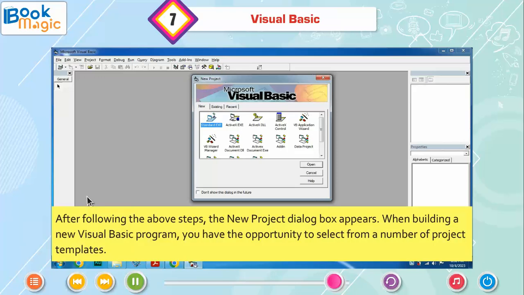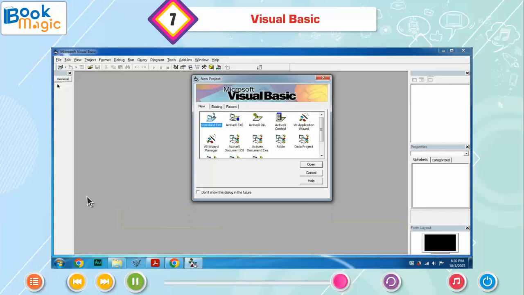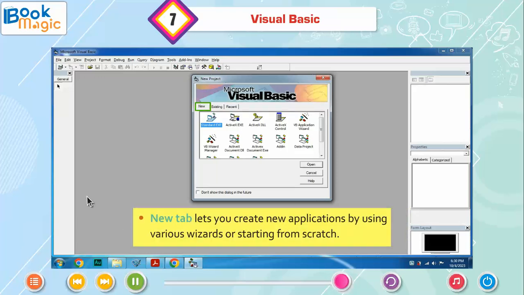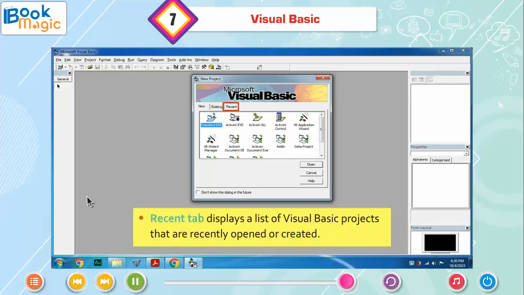After following the above steps, the New Project dialog box appears. When building a new Visual Basic program, you have the opportunity to select from a number of project templates. The tabs on the New Project dialog box offer these choices. New tab lets you create new applications by using various wizards or starting from scratch. Existing tab lets you select and open an existing Visual Basic project. Recent tab displays a list of Visual Basic projects that are recently opened or